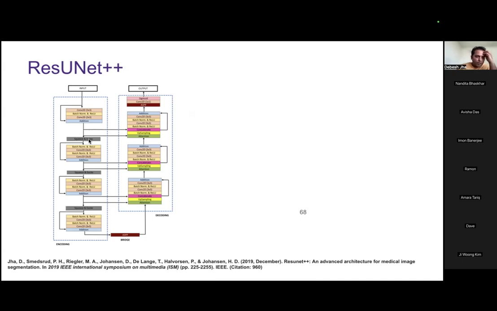It takes the useful information, whereas it suppresses the unuseful information. And then again, the feature is passed through a residual block followed by a squeeze and excitation block. And then you have an SPP block in between the encoder and decoder, which acts as a bridge to enlarge the field of view of the filters. And then these features from the encoder are passed through an attention block followed by upsampling.